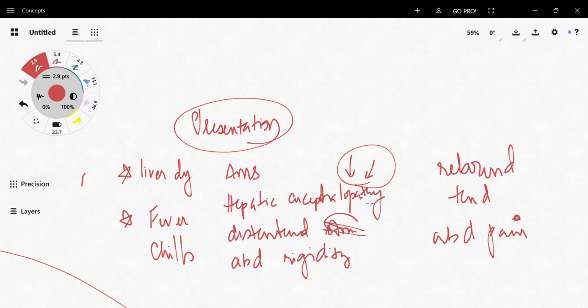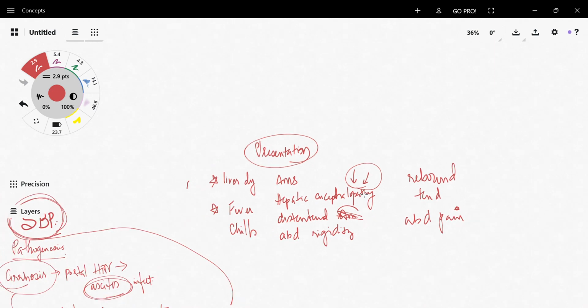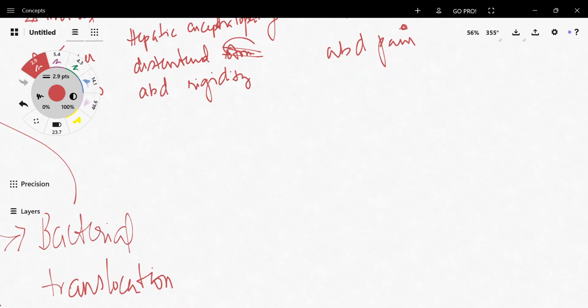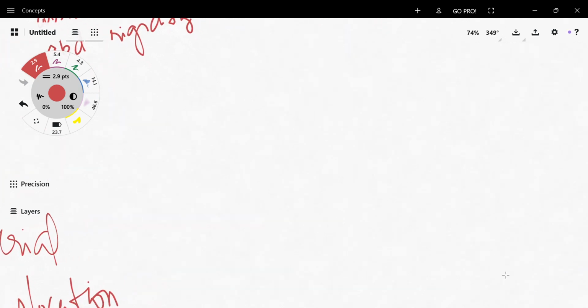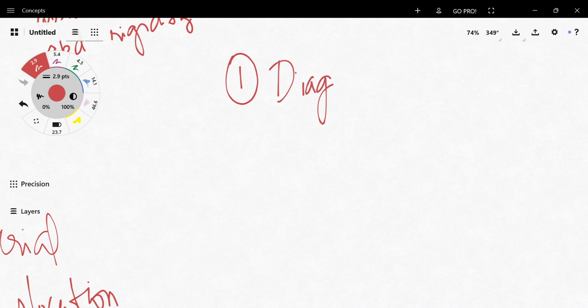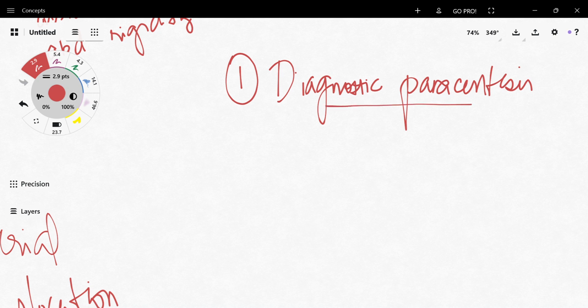Now, how do you go about diagnosing a case of SBP? So the first thing that you have to do, I know that people are going to jump and say, let's start them on antibiotics. That's not the first thing to do. The first thing that you have to do before you start antibiotics is to do diagnostic paracentesis, right? So in this, what we're going to see is that first of all, the polymorphonuclear cells are going